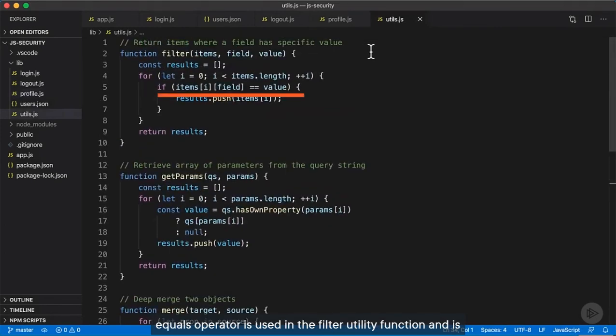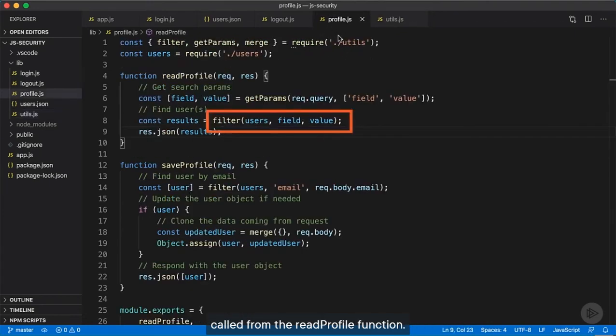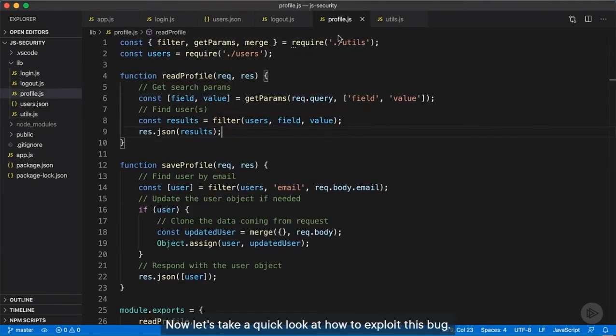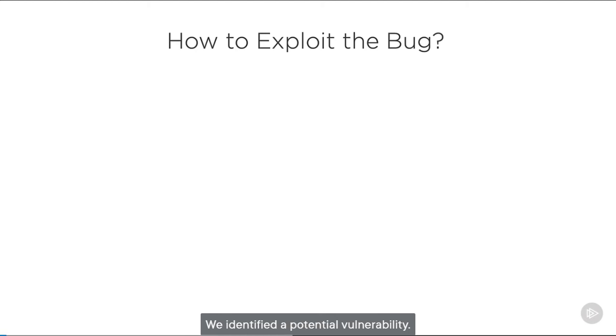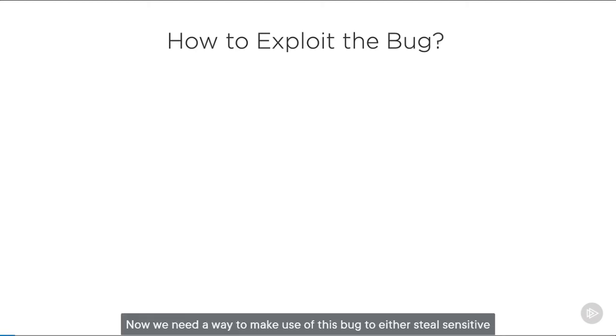Looks like the double equals operator is used in the filter utility function and is called from the read profile function. Now let's take a quick look at how to exploit this bug. We identified a potential vulnerability. Now we need a way to make use of this bug to either steal sensitive data or abuse functionality of